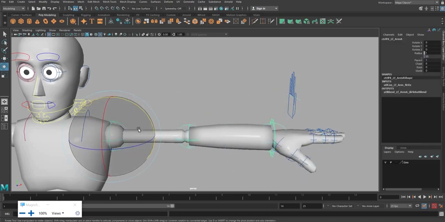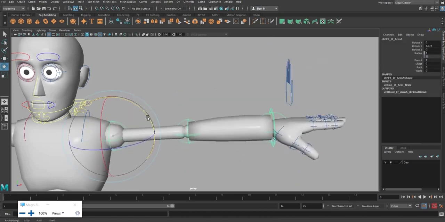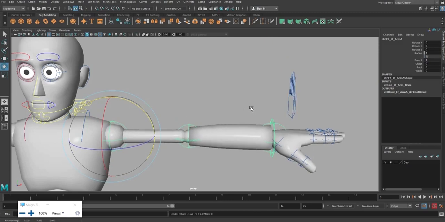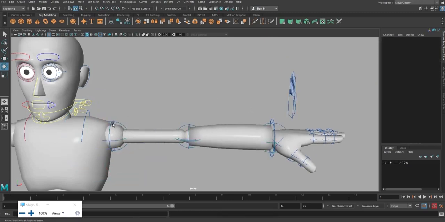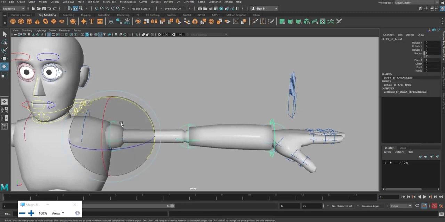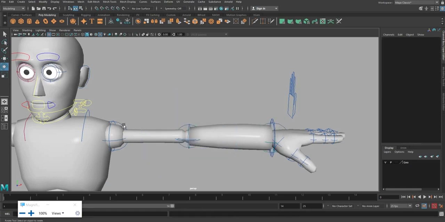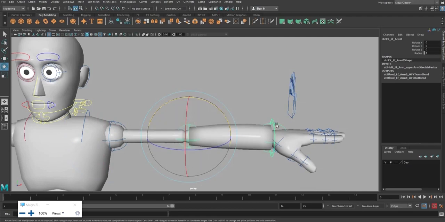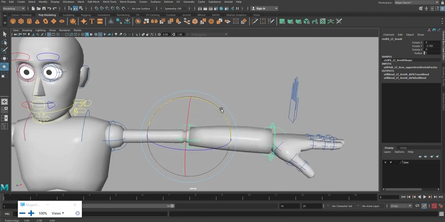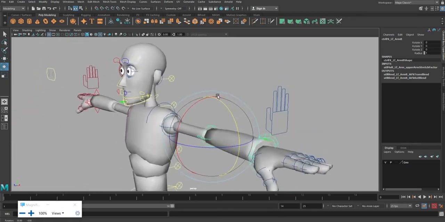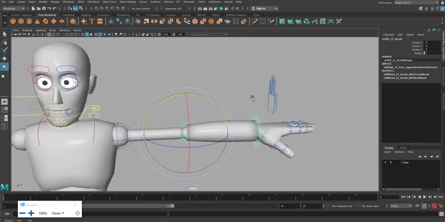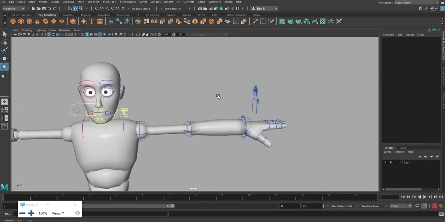So from here to here to here, the effect is taking place. From the shoulder, go forward. That is the elbow, it is affecting the elbow, and from the elbow go forward. What is there? It is the wrist. So the elbow is affecting the wrist. So this is practically how to understand the logic of the FK control.